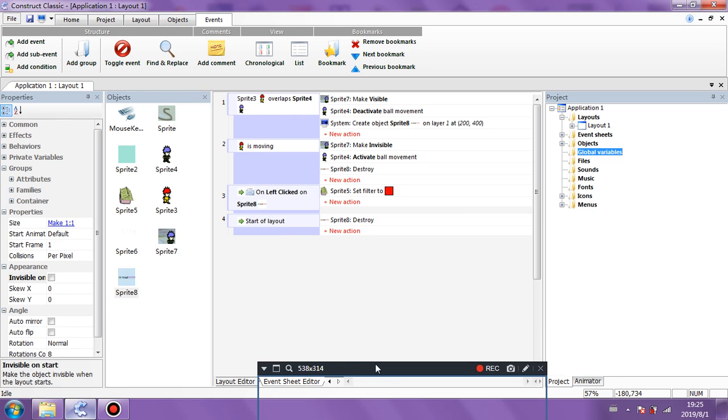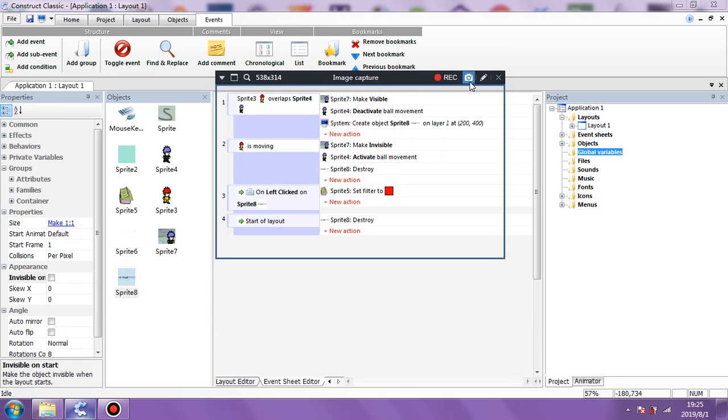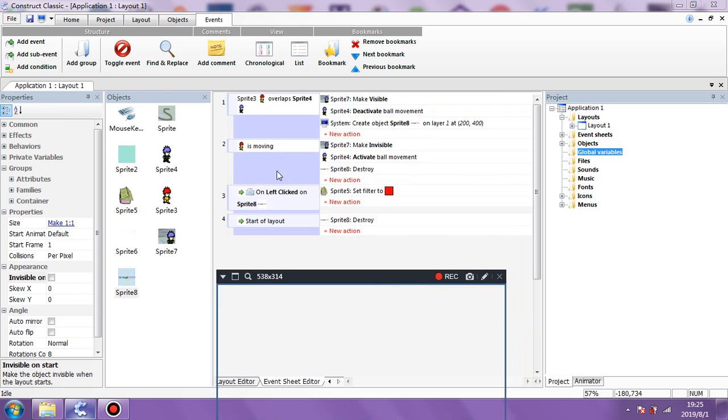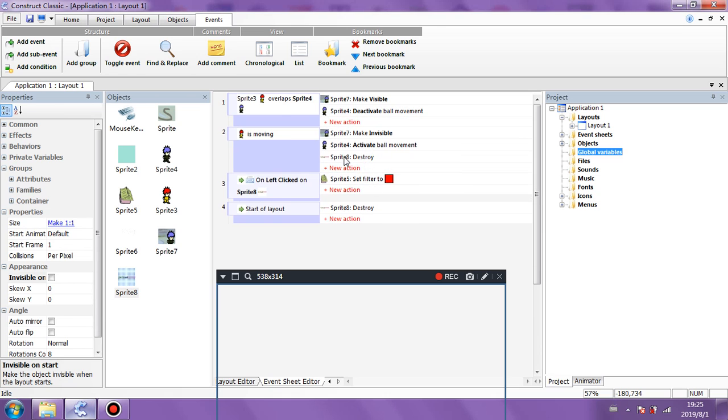So now I'm going to try and work it a different way, okay? Let me just take another screenshot of this so I know what's what. That's the main one we need, really. And I'm going to try something different. Rather than create, I'm going to have it already created. So I'm going to go back to what we already had. Rather than creating and destroying things, I'm going to try it a different way.